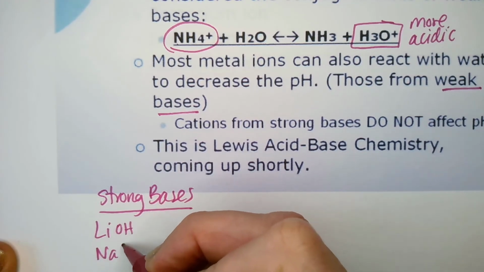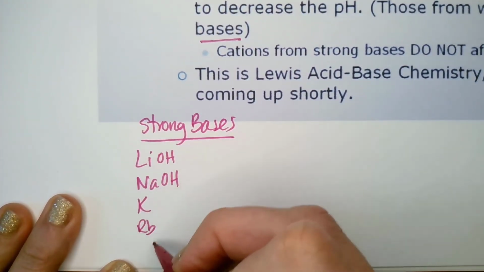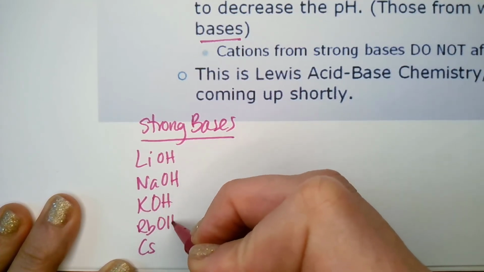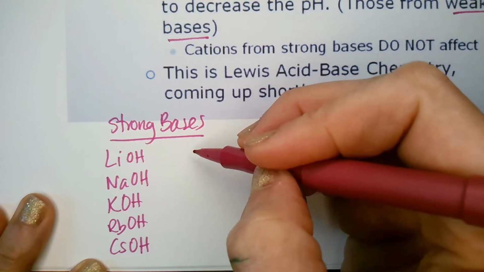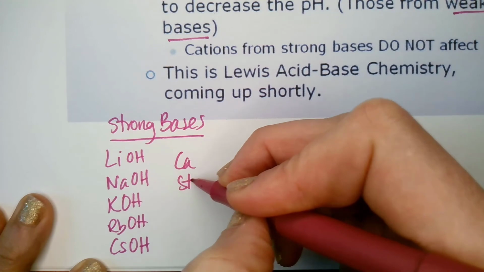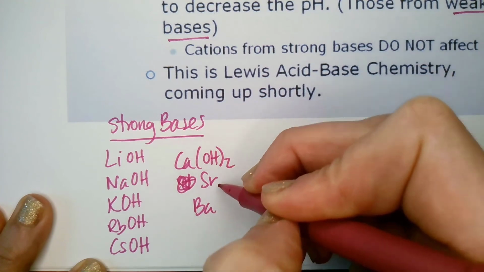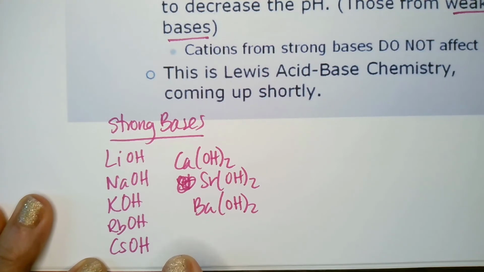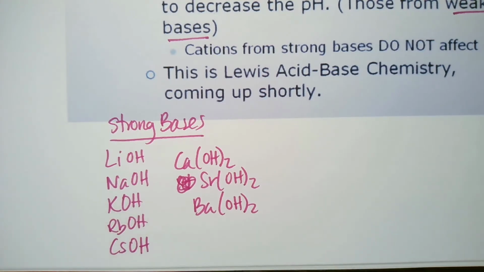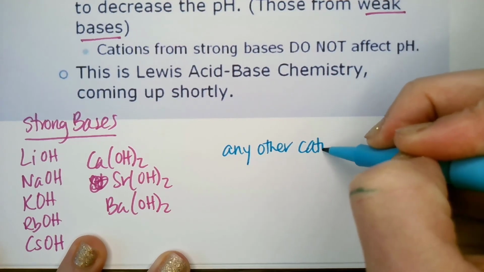We said it was the first column, my alkali metals: lithium hydroxide, sodium hydroxide, lithium, sodium, potassium, rubidium, and cesium. In my second column, we said calcium, strontium, and barium. These are not going to affect the pH, but any other ion, any other cation that is,